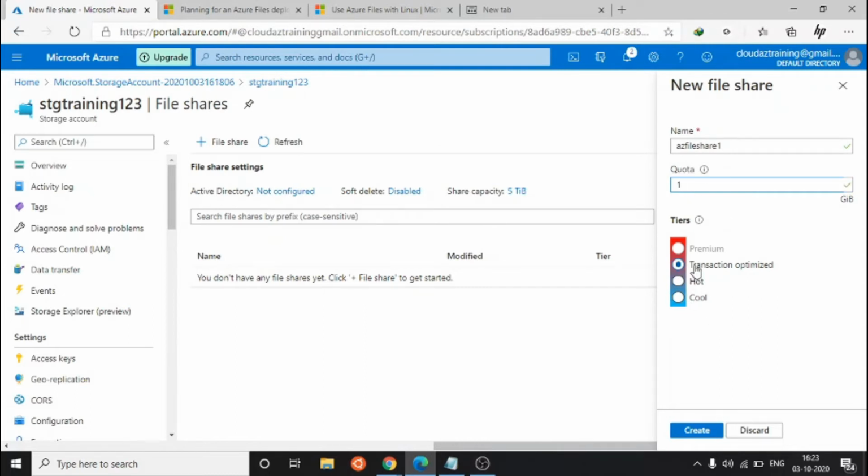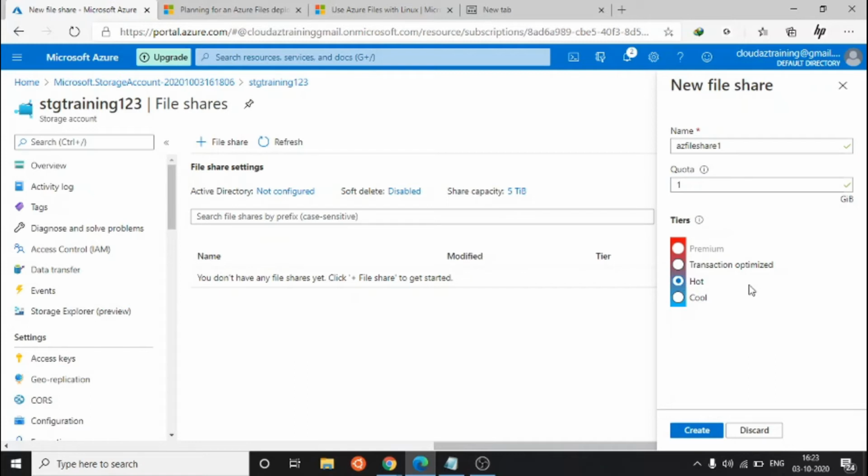Here you can see 3 or 4 tiers. I am going to explain all of these. Transactional optimized is used when our data is very huge and we don't want latency in communication.